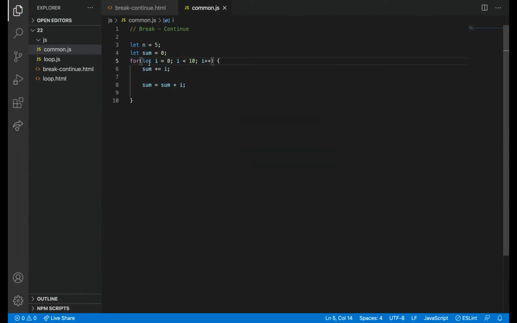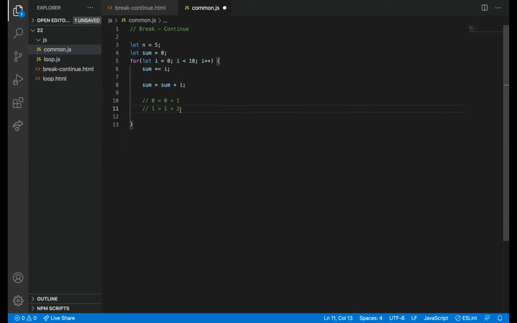The loop will start, it will be 0, and then 0 plus sum. How will it execute? It is not related to the break statement, I'm just explaining. Zero plus, so each time, not 0, 1.